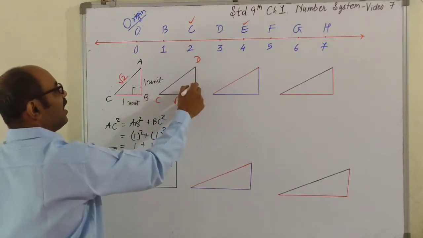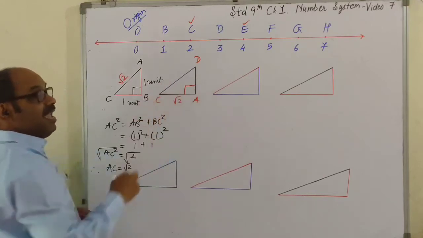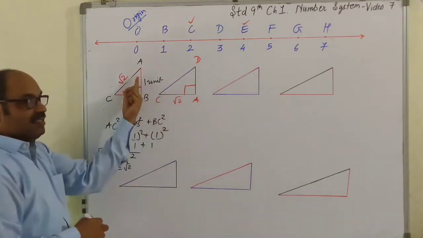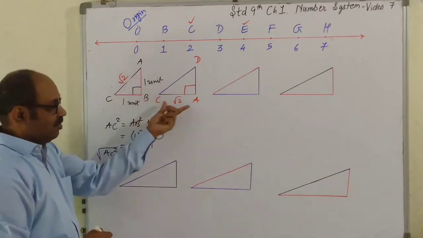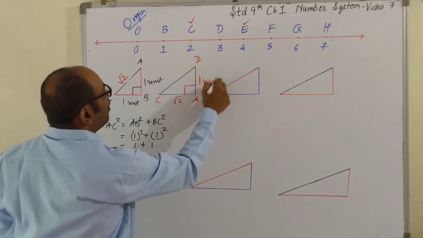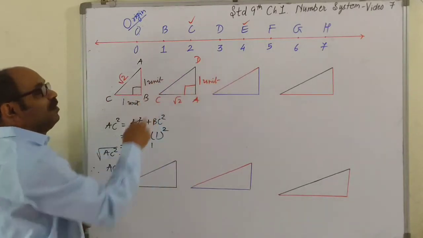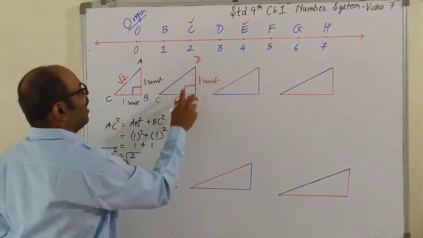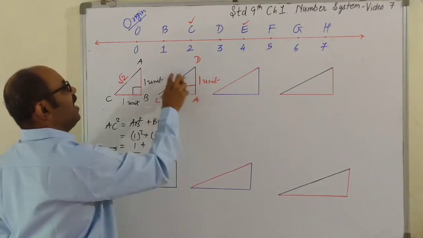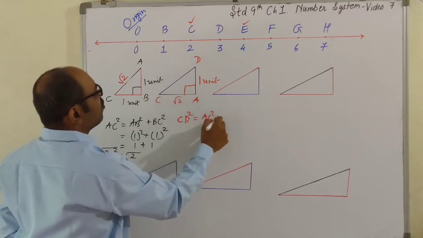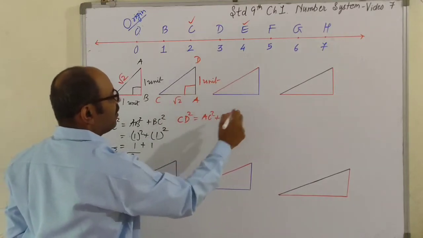Alright. In right angle triangle ACD, angle A is right angle. इतना ही distance यहाँ ले लिया. What is distance AC? Root 2 units. Here I am taking 1 unit. The perpendicular I am taking 1 unit. So how much would be this? So here in this right angle triangle, hypotenuse is CD, A के सामने. So CD square is equal to AC square plus AD square.